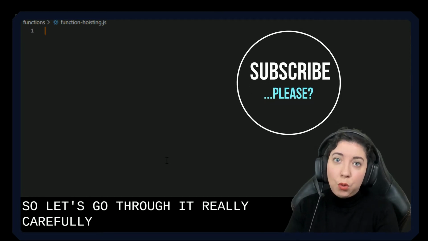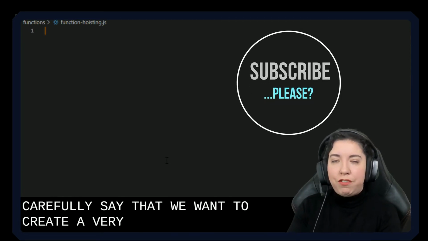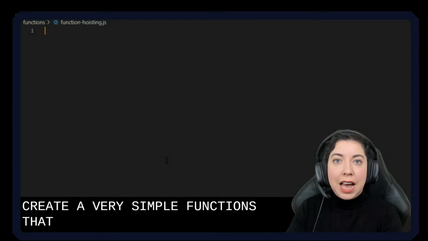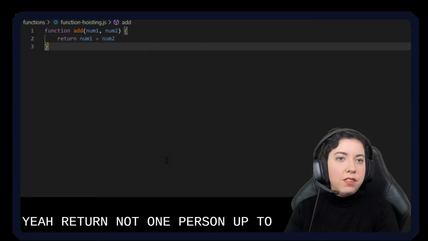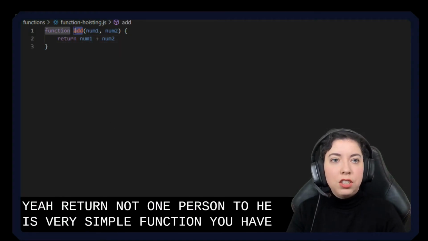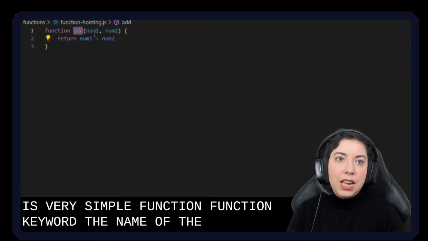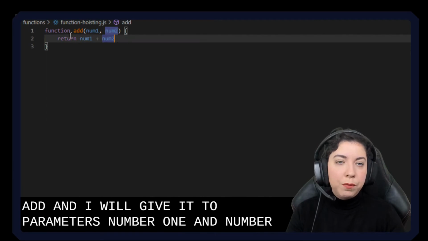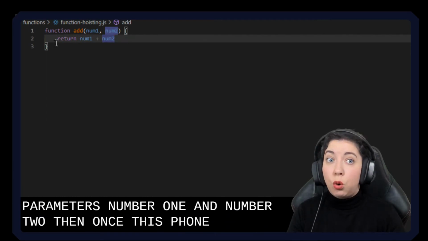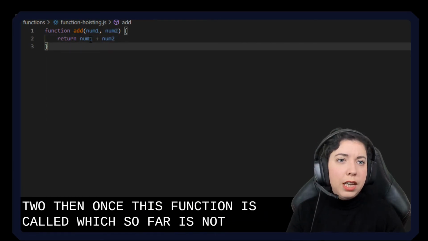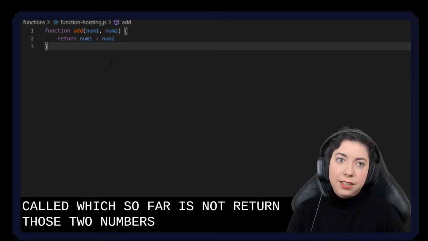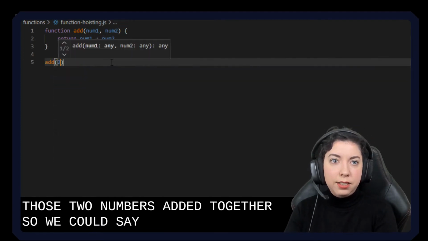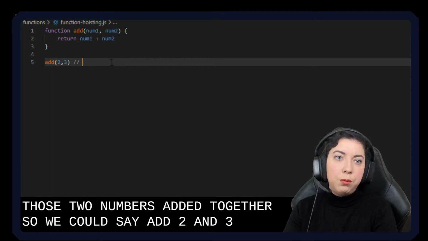Now, let's say that we want to create a very simple function that adds two numbers. So here's a very simple function: function keyword, the name of the function, add, and then we give it two parameters, num1 and num2. Once this function is called, which so far it is not, it will return those two numbers added together. So we could say add 2 and 3, and this will return